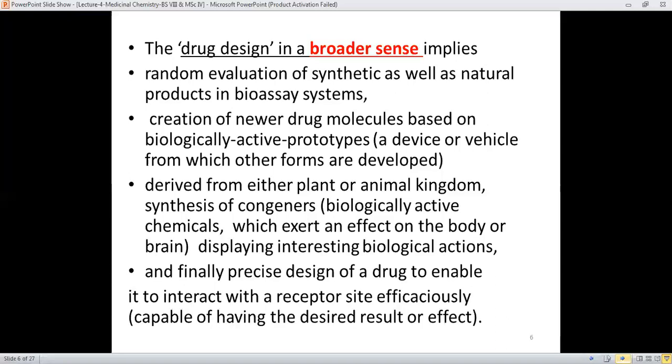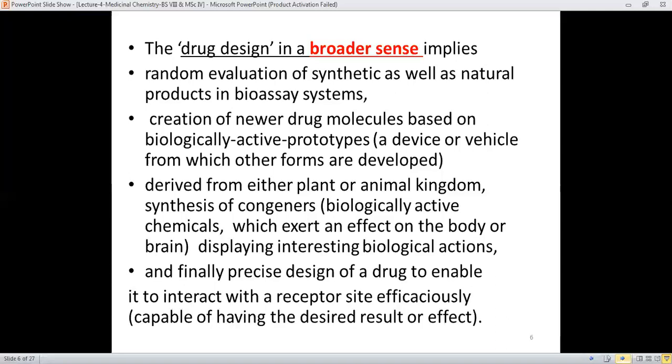Here I have given the terminologies which I have found to be new for the student. I have enclosed their explanation in brackets in order to understand them very well. Like the prototypes, what are the prototypes? It may be a device or vehicle from which other forms are developed. It means that some molecules are of a primitive type, the starting or parent molecule, and from that parent molecule we are going to form the newer molecules,